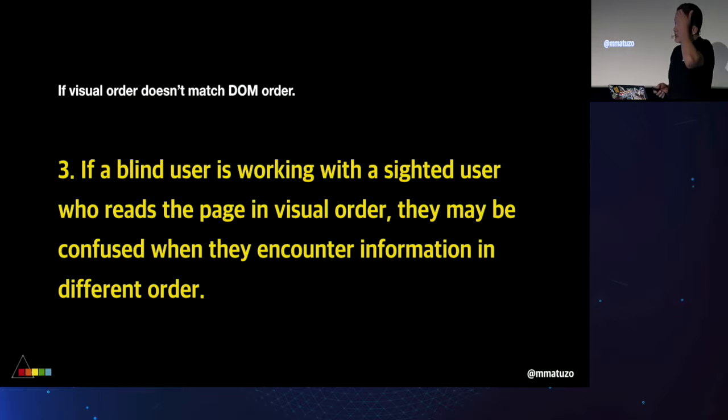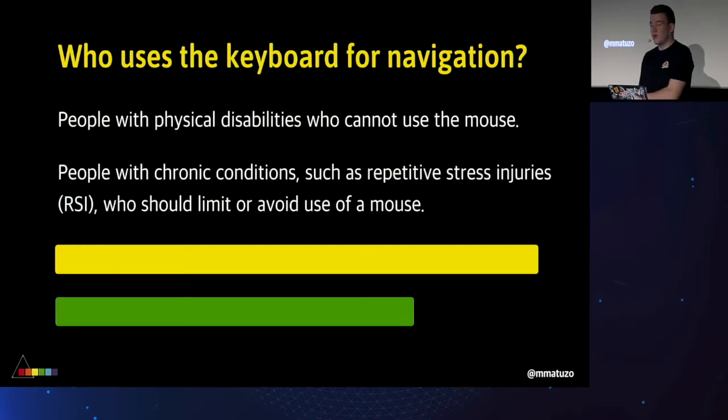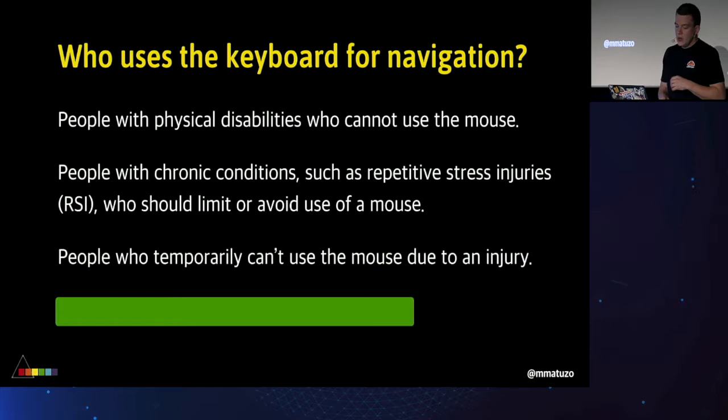Now, who uses a keyboard for navigation? Well, of course, people with physical disabilities who can't use a mouse, for example, a person with just one arm or no arms. People with chronic conditions, such as repetitive stress injuries, who should avoid the use of a mouse. Or just people who temporarily can't use a mouse due to an injury, for example, because they had a broken